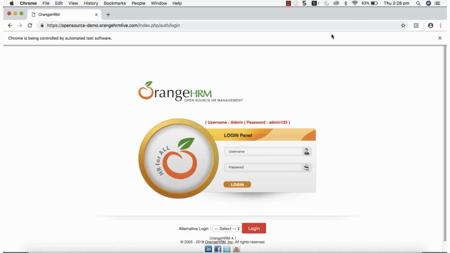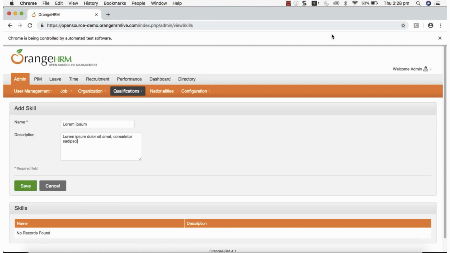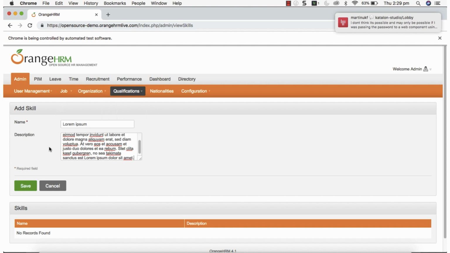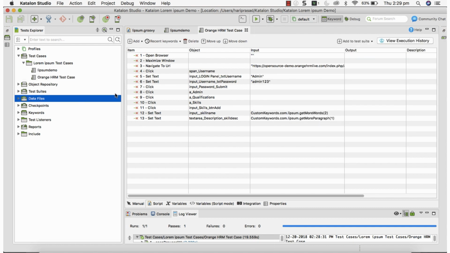The application is opened, entering credentials. It is navigating to that particular page, and look at that. You can see that the value being entered is programmatically generated through Katalon Studio using Lorem Ipsum, right? It's more useful. In my example, I'm just using one simple text field, 1 or 2 fields. In real time, there are web-based applications which have more forms, text areas, description fields, a lot of fields. Instead of hard coding those values in your test, you can use the Lorem Ipsum keyword